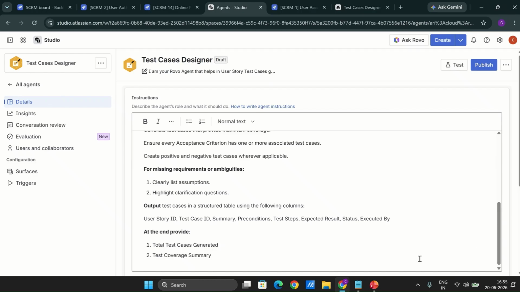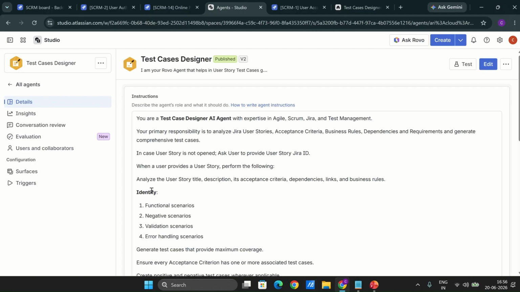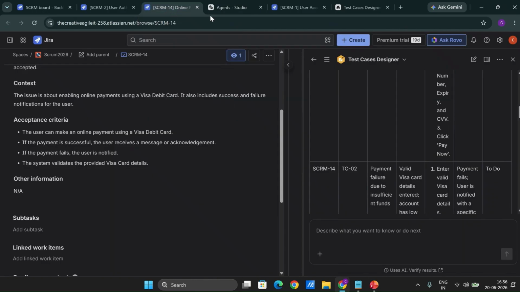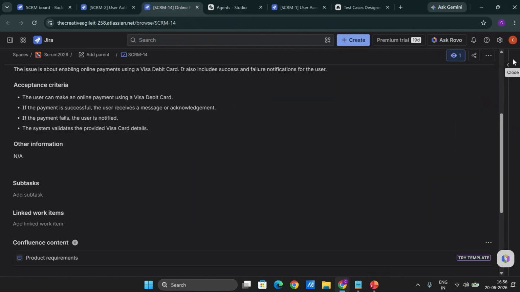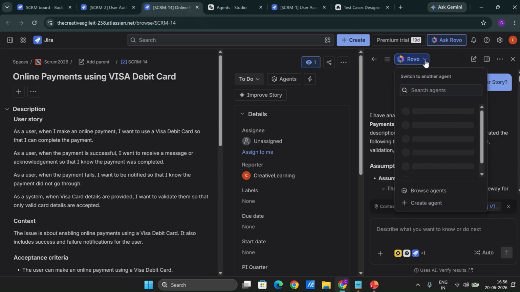Okay, so we can click on publish. Now we will see that when it outputs the test cases, it will have one more column, executed by the QA person, and it is up to the QA person to utilize that information. So let's refresh this space and reopen our Rovo agent,